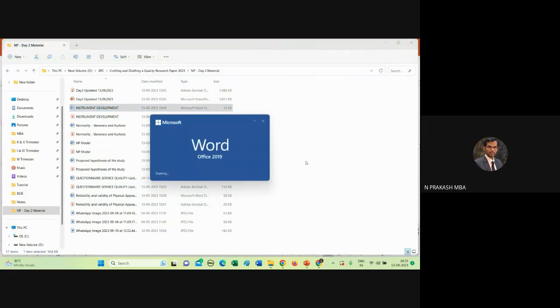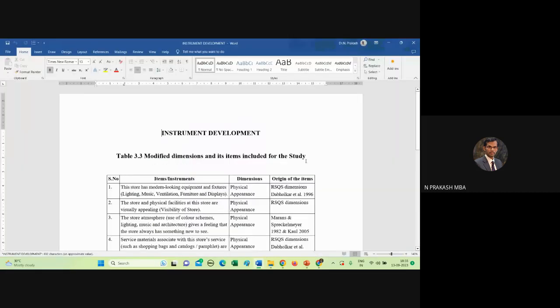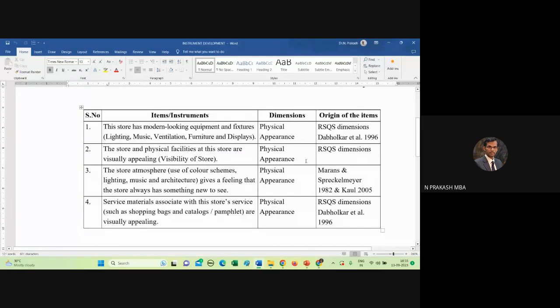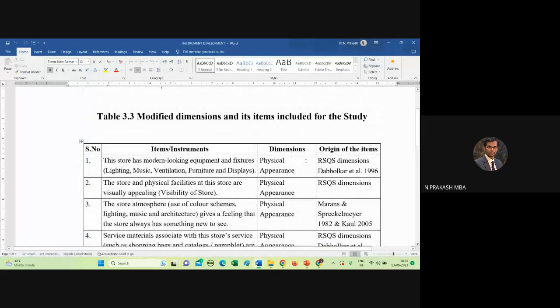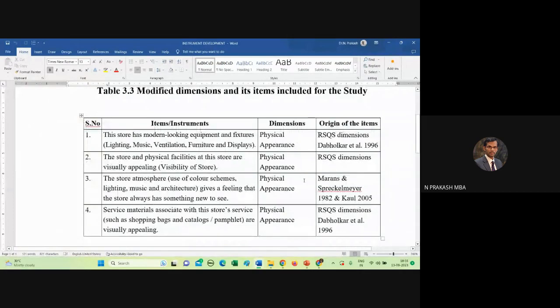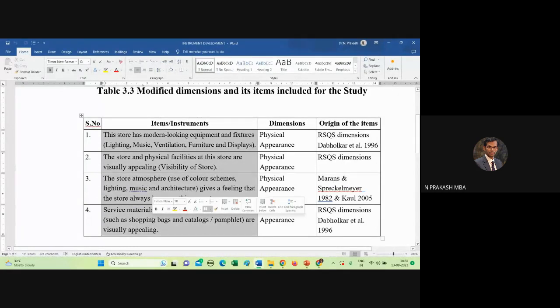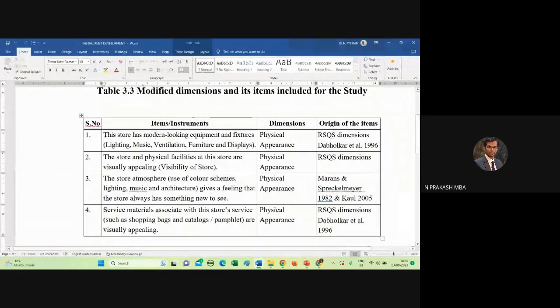While listing the variables, we are going to consider some past data. Here you can find many items or variables of the research. This is an item example: "This store has modern looking equipment and fixtures." This comes under the dimension of physical appearance. This is where I have picked this dimension from. So the origin is